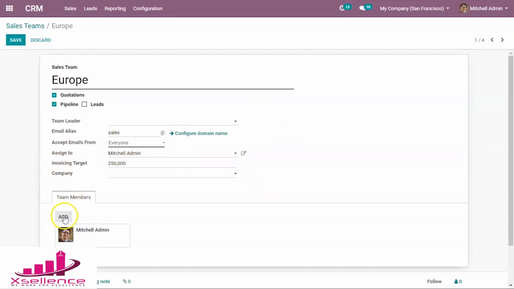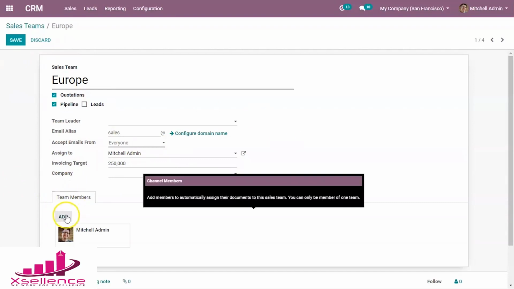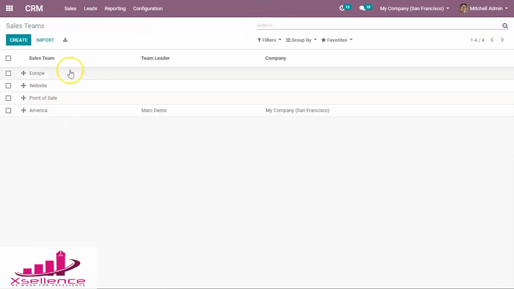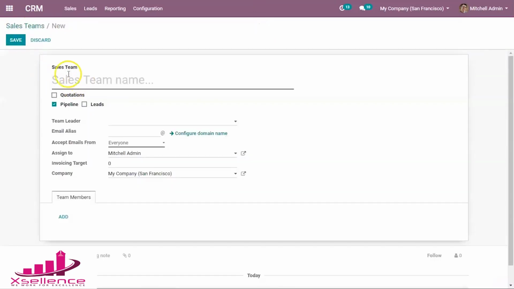Under this you also have an option to add the members, meaning you can add those members to your sales team. In this way you can create a new sales team. To create a new one, you can click on the create button. Here you can provide the name of your sales team, and if you want to show this sales team in the pipeline, then you can enable this option, or if you want to accept quotations for the sales team, you can also enable this.